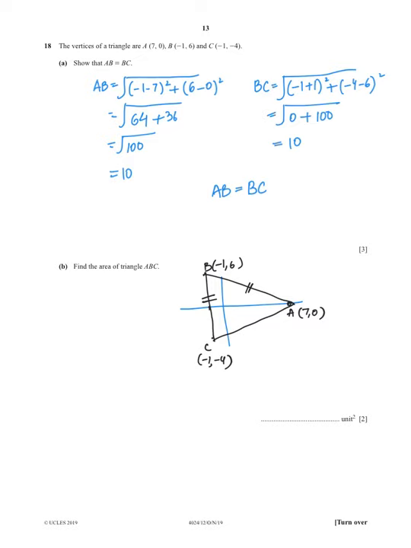Now we need to find the area, and area is 1 upon 2 base multiplied by height. The value of base is the distance of B and C, and that is equal to 10. Alright, the value of height is this value here, right? And what should be the value at this point? The value of x is minus 1, and at this point the value of x is 7. So that will be 7 minus minus 1, which gives you 8. So that is your height, and 1 upon 2 as it is. So that will be 2 4s are 8 and 4 10s are 40. That is the area of the triangle.